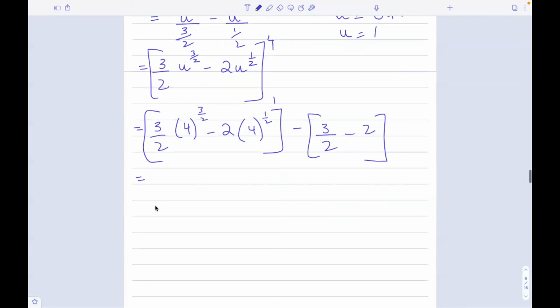So the 4 to the power 3 upon 2 is 8. So we get 3 upon 2 multiplied by 8, minus square root of 4 is 2. So we get 2 times, which is 4. Minus 3 upon 2 minus 2 becomes, so 3 minus 4 becomes minus 1 upon 2. So we have 16 upon